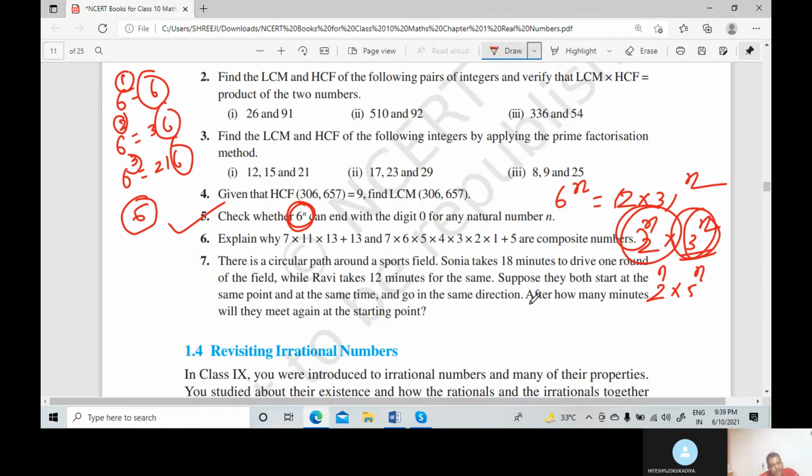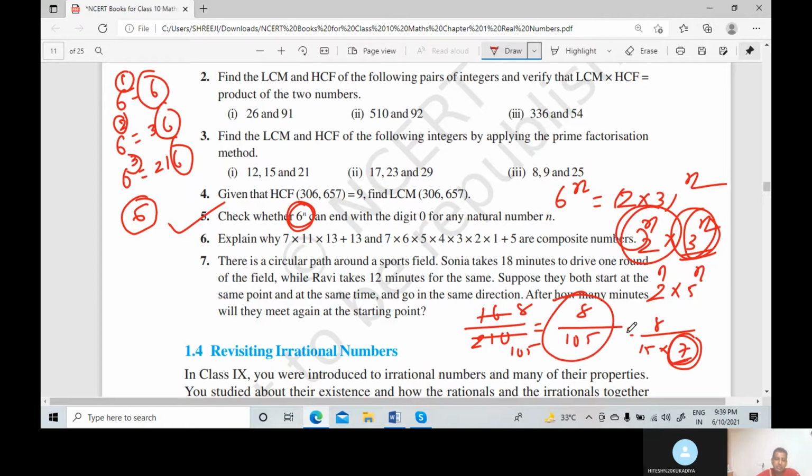In the last lecture we have already explained: when you divide any number, suppose 16 divided by 10, you get 8 and the remainder is 105. Splitting the number, 8 upon 15, 7 is the remainder. Remainder means 7 is an extra number, right? So the division of these two numbers can never be a terminating number. It is called a non-terminating decimal expansion. Is that clear? Okay. Did you understand?